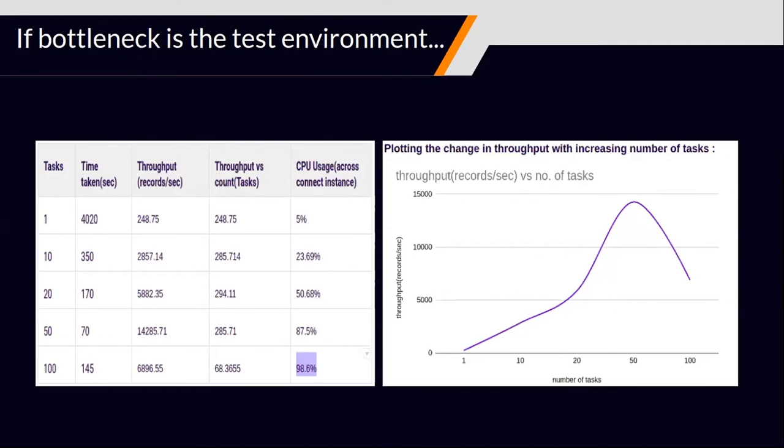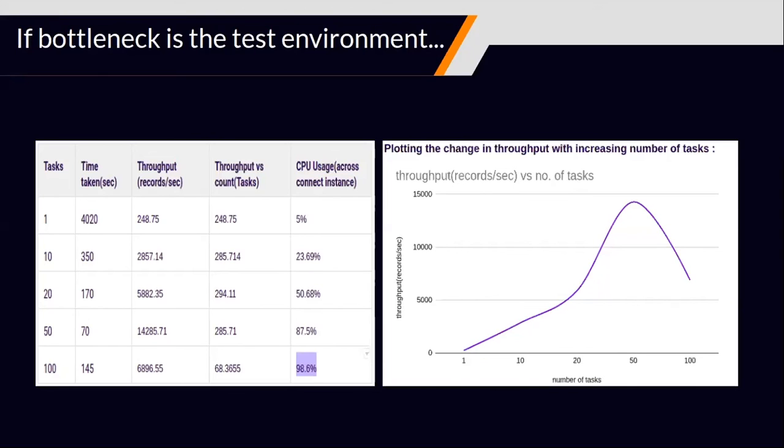On further investigation, we can see that at 100 tasks, my CPU usage is maxing out, because of which my application is getting slowed down, which is not the fault of our application, but the fault of the testing environment. The bottleneck in the testing environment is probably the first bottleneck that we will encounter in our multiple runs of performance tests. And this is very crucial to understand and identify, because identifying the bottleneck is very hard when we don't use any monitoring tools, or don't incorporate monitoring in our performance test itself, which is why monitoring is such an important aspect of performance testing.